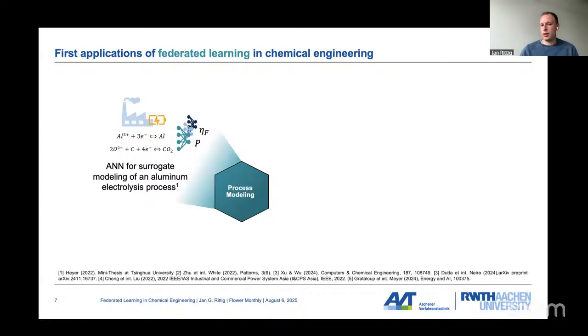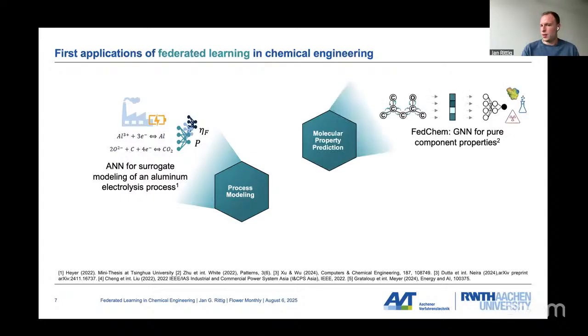And here, artificial neural networks have been trained as surrogate models for aluminum electrolysis processes. So data from different Chinese manufacturers have been collected, and then a federated learning framework was set up that could then be used to train neural networks for surrogate modeling, and there was an improvement in the prediction